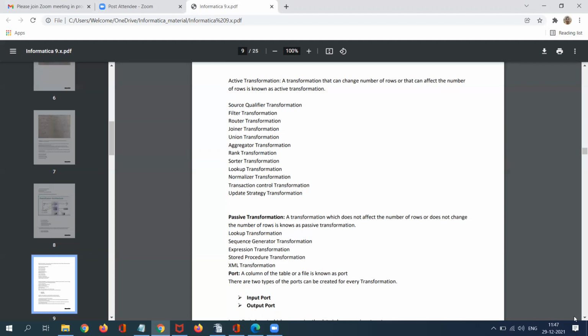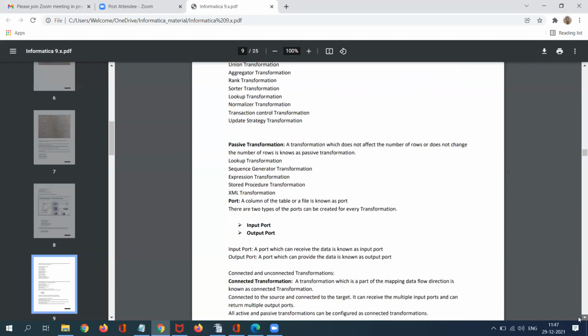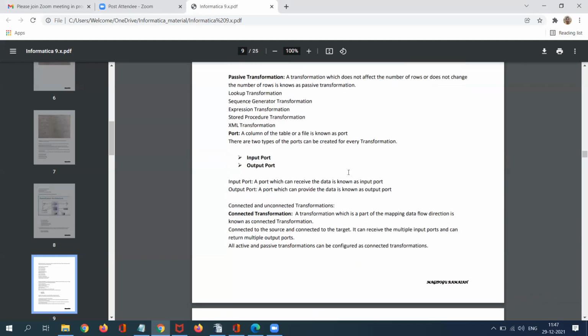In the same way, we have passive transformations also. What does it do? A transformation which does not change the number of rows coming from the active source is called passive. Whatever records I send from the active source, the same records will load into your target table.